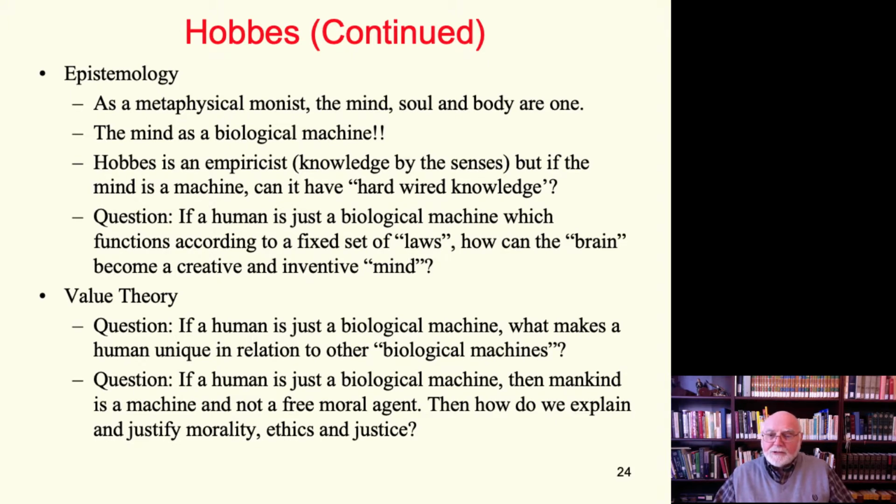And if we're just a biological machine, and this really is very significant, then we're not free moral agents. We're not truly free. If we have to make our decisions according to a fixed set of rules that are inherently part of nature, then we're not free moral agents. And how then do we explain morality and ethics and justice? And how do we hold people accountable? For this is really true: we have no right to put anyone in prison.